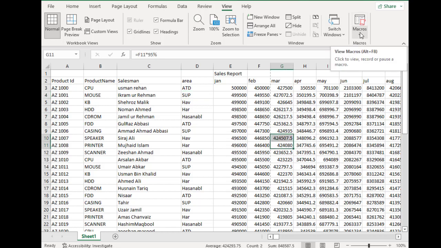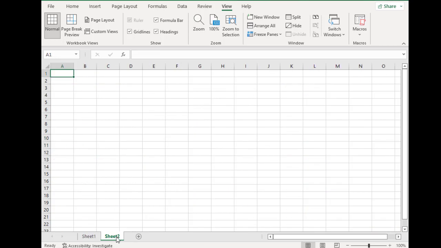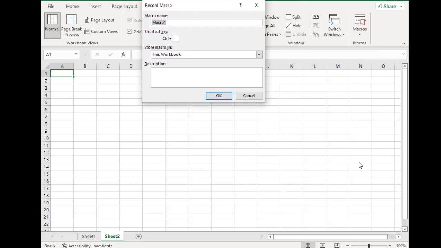Another one and last and the most important command is macro. Macro means a permanent copy. How to make a macro? Let's see. For making a macro, I have selected a new sheet, macro, and record macro. I will give a name to my macro. This is ABC, and I'll start